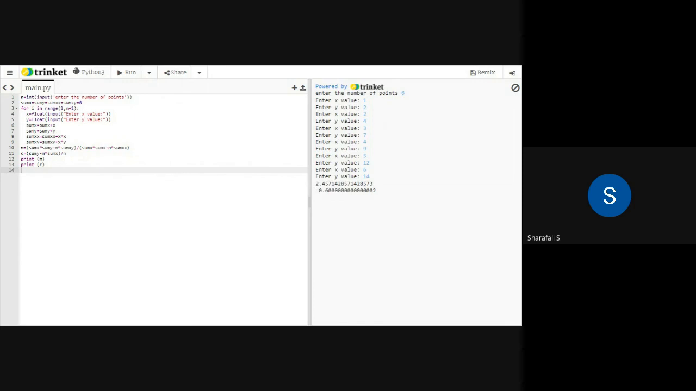You can see it is 2.457 and minus 0.6. So this is the same as what we got in the calculations in the Excel sheet that we have just